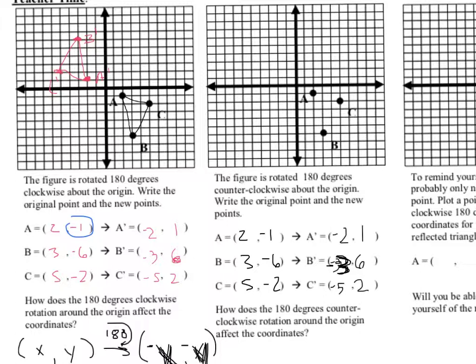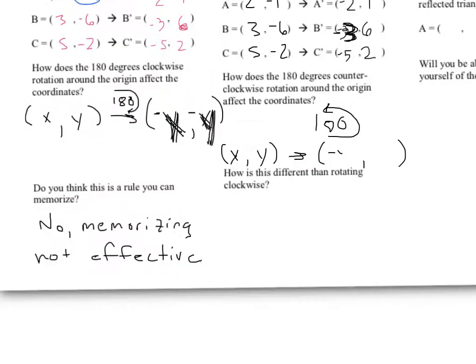So, what is our rule when we are rotating counterclockwise? Our x and our y do not switch, but they both switch signs. So we can see that 180-degree rotation is exactly the same either way,